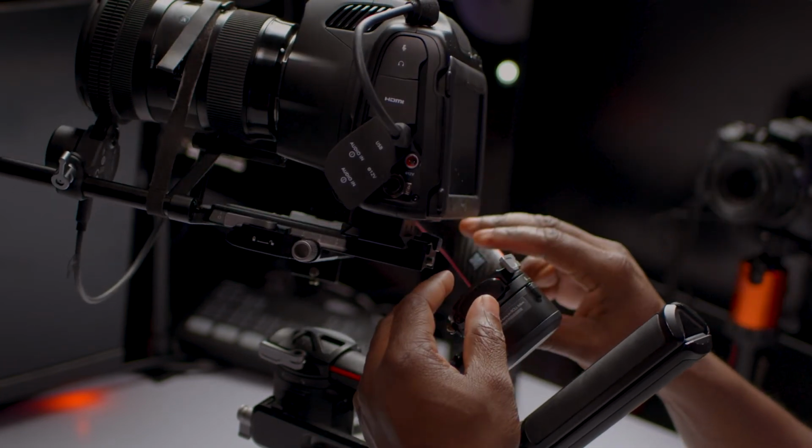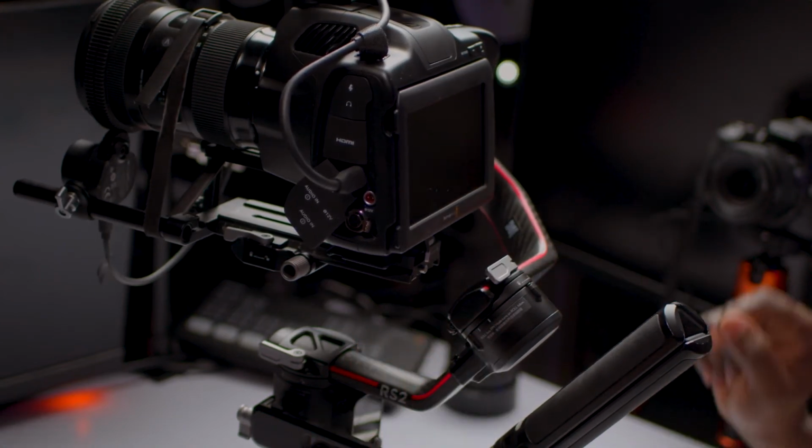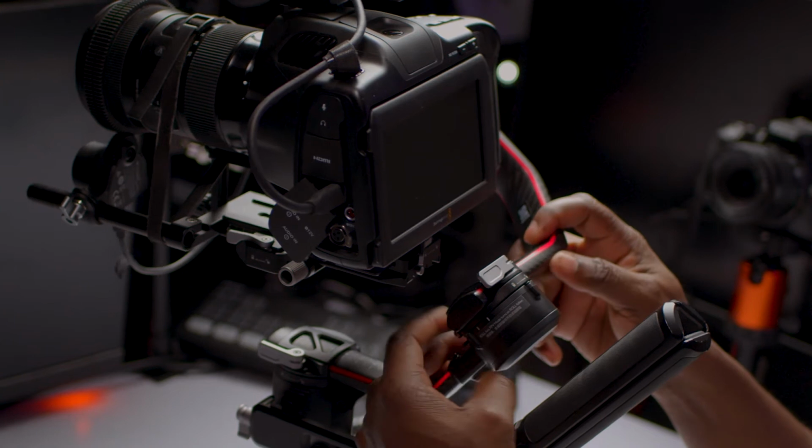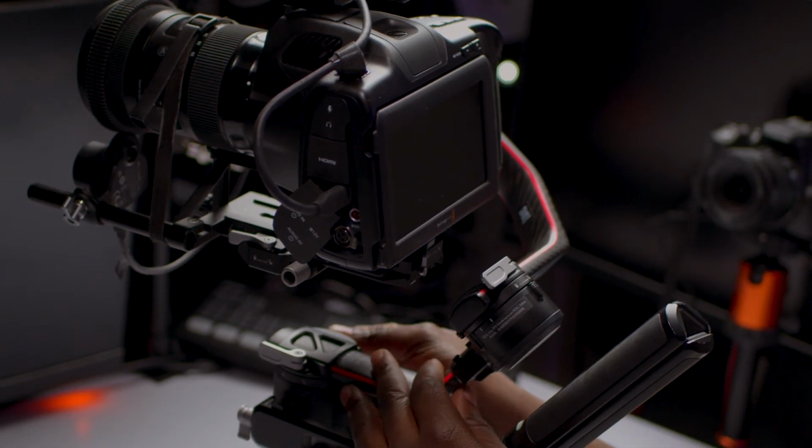And then if you look at it, it stays. If you go that way, it stays, and you're good to go, right? So that's balanced. I'm going to lock that in place. So the next thing is to balance the pan motor, and for the pan motor I'm going to unlock this right here,